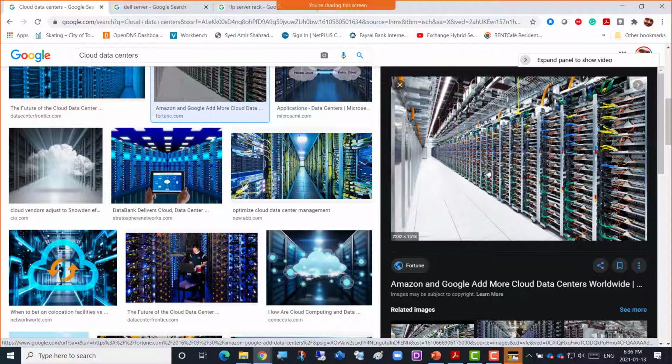But when we say cloud, we should understand one thing. We are connecting to either Amazon's physical servers or any data center's physical servers, or Microsoft's physical servers or Google Cloud's physical servers, Oracle Cloud, Alibaba Cloud, right? And there are so many other cloud providers. So this is somebody else's data center that we connect to. We start our virtual machines, we run our applications, and then we earn from those applications.